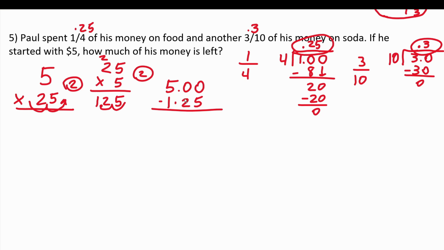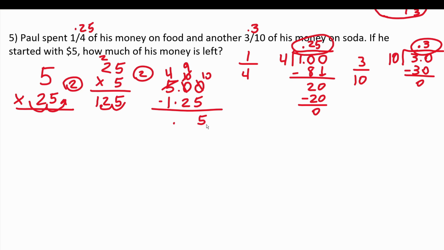Let's work this out. Again, we're subtracting decimals now. The very first thing you can do is drop down your decimal in place. We're not going to move it. 0 minus 5 we can't do, so we're going to have to borrow. This is going to become 4. This is going to become 10. This is going to become 9. And this is going to become 10.